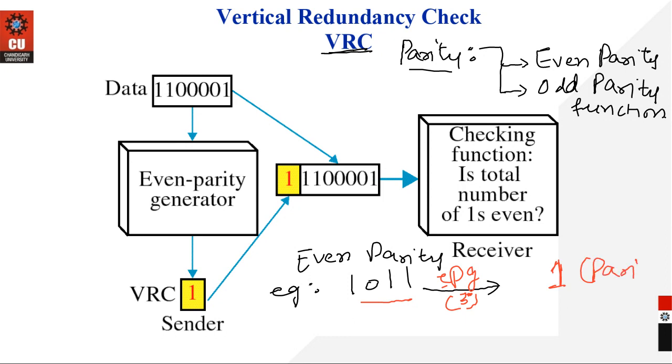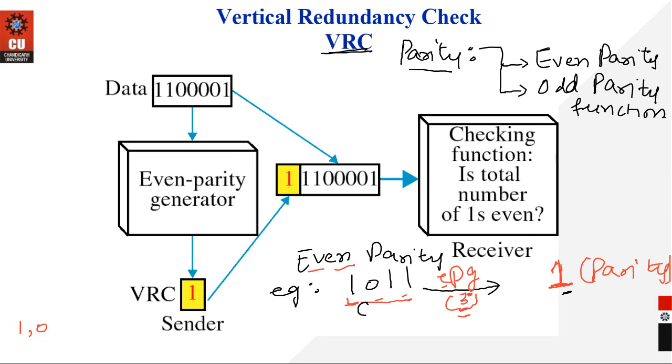Why it will generate parity 1? Because the function is made in such a way that if the total number of ones in your data is odd, generate an even parity. कि आपने डेटा को इवन करने की कोशिश करनी है. You need to generate the parity. Parity क्या हो सकती है? Either the parity can be 1 or it can be 0. So if you are using even parity generator, it will calculate the total number of ones in the data. If the total number of ones in the data is odd, तो वो उसको इवन बनाने की कोशिश करेगा. कोई भी ऑड चीज इवन कैसे बनती है? How can I make odd number of ones as even? If I add one more one to it, right?